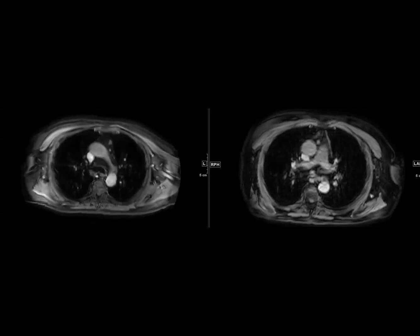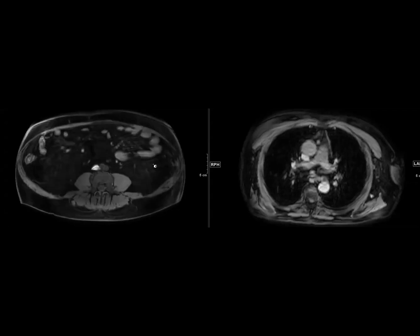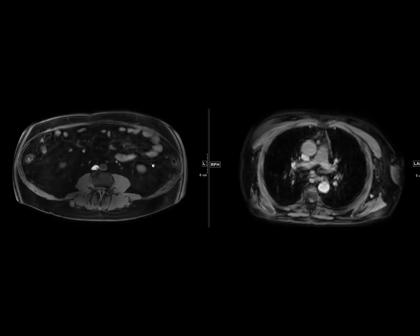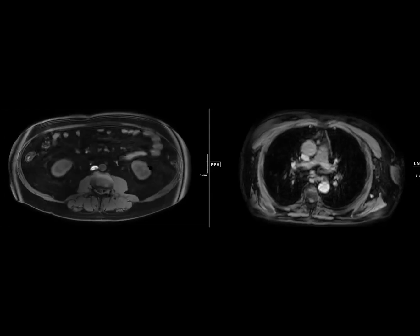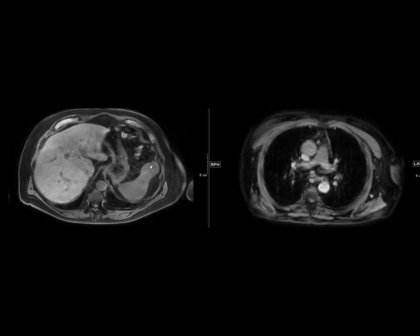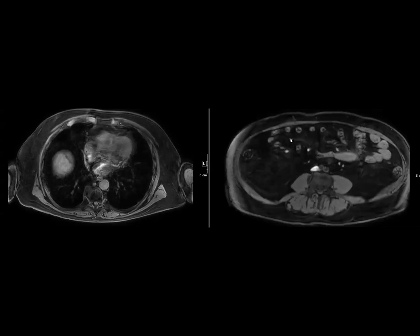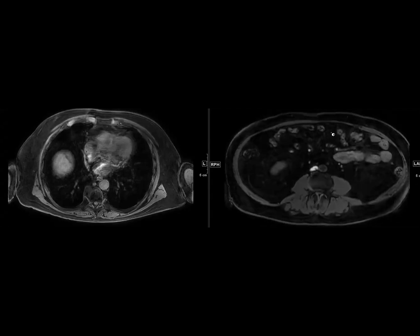And just as a counterpart to this case, one of the things that I've seen is that LR-M lesions, or non-HCC malignancies, tend to grow much faster. So this lesion went from 1 centimeter to 3 centimeters in 6 months, which, not to say that HCCs cannot possibly grow this fast, but they tend not to. They tend to grow a little bit slower than this. And so this is an example of a patient,